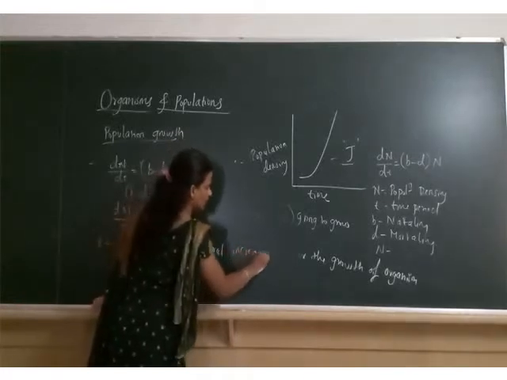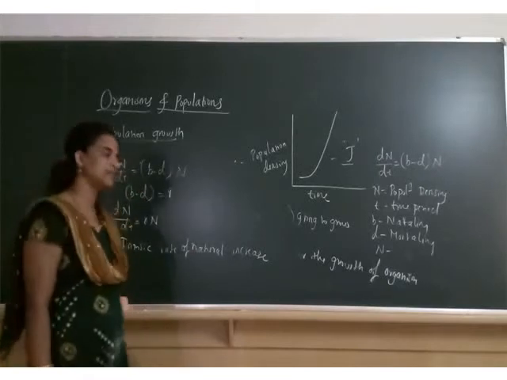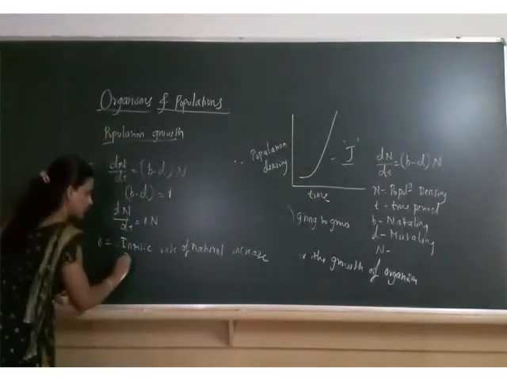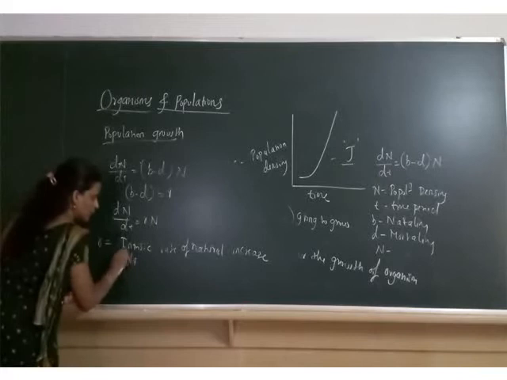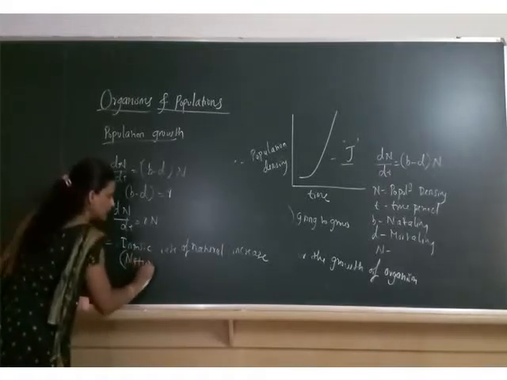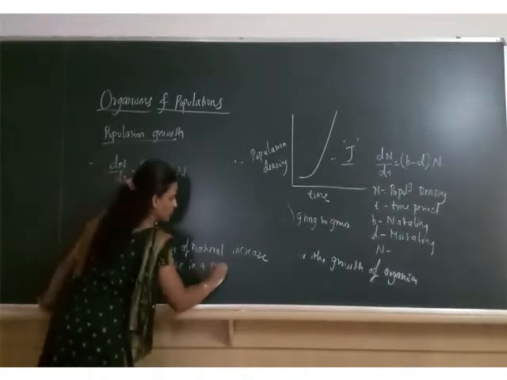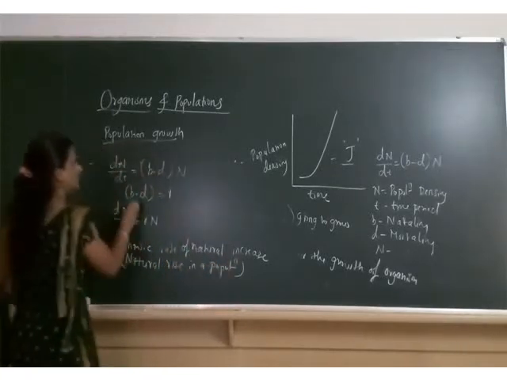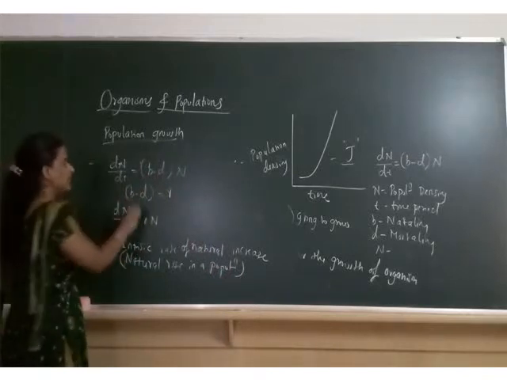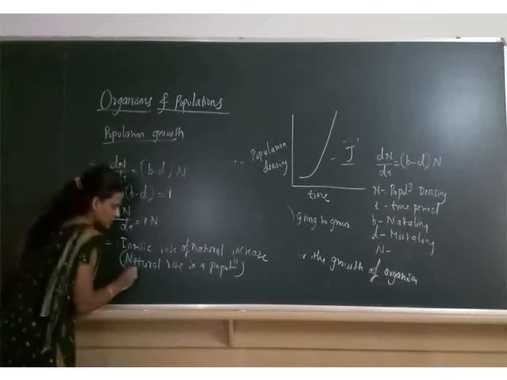Intrinsic rate of natural increase. Okay, this means natural rise in the population. What is the meaning of this intrinsic rate of natural increase? Natural rise in a population. Suppose we consider b minus d, that is birth rate minus death rate,